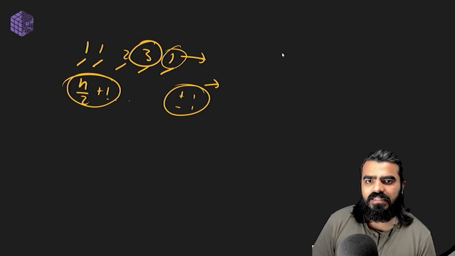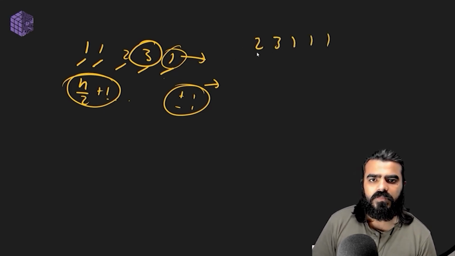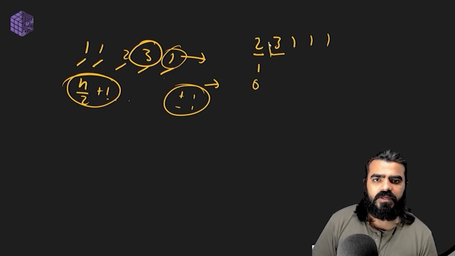Even if it is the last, let's say it is like 2, 3, 1, 1, 1, what will happen is the 2 will become the new contender, so its count will become 1, right? Next element is not the same as the current contender, so its count becomes 0 and this becomes the new contender, right? Then we move to 1, this count was 1 and it will say okay, now I'm not the same as you, so your count has to be decreased, it becomes 0, so I become the new contender with count 1.